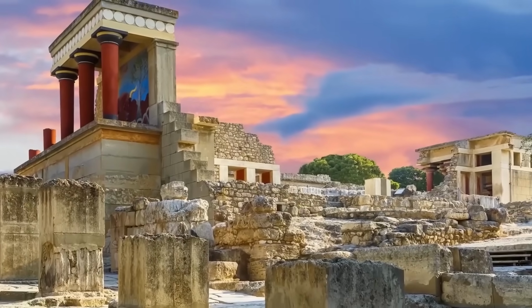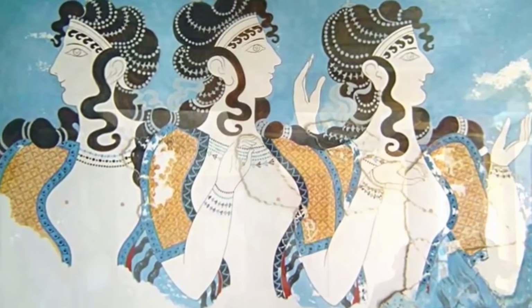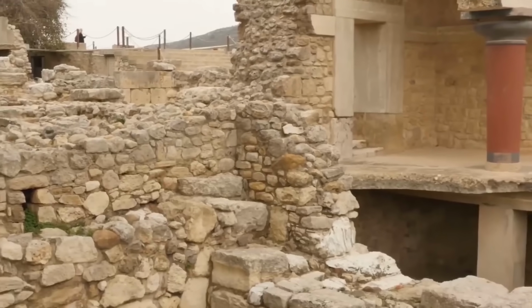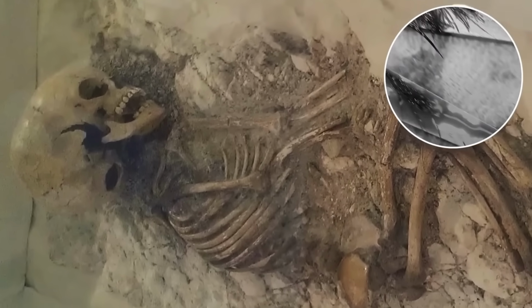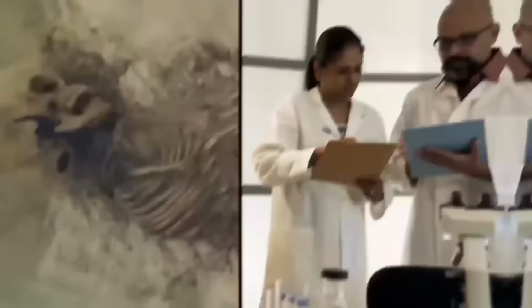Mycenaean Palace of Kydonia. Ancient Kydonia on the island of Crete was the seat of power for the Minoan civilization, which of course prospered even before the Greeks came along. It is an archaeological site of great significance and confusion. The confusion comes because of a child's skeleton that was discovered with evidence of knife wounds, suggesting the child had been cannibalized. However,